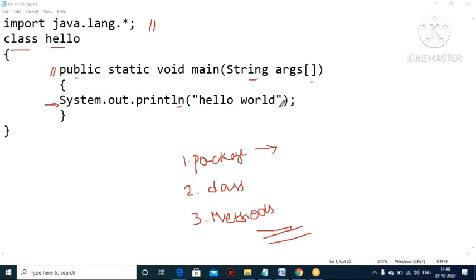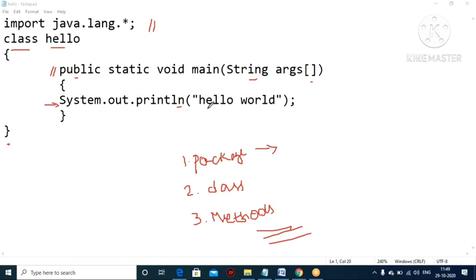So "Hello World", then it ends with a semicolon. Then I also close the curly braces that I already opened. So this is the basic program. After writing your code, you just open Notepad on your desktop.